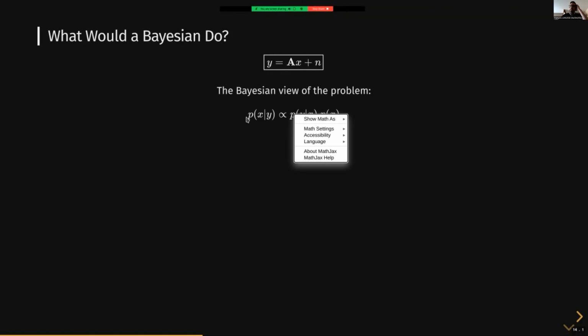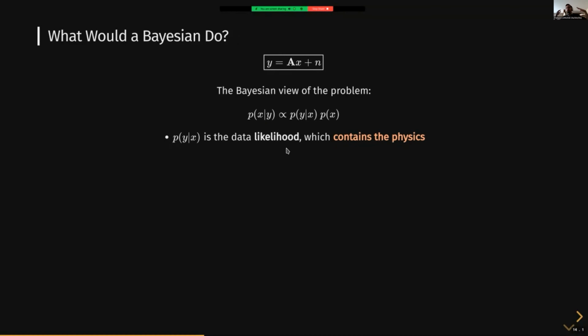The first one being the data likelihood, which gives you how likely is your observed data for a given solution x. And the point that I want to emphasize here is that typically your data likelihood is something that is known and given to you by your physics. That's where you can hard code all of your knowledge about the particular problem that you're trying to solve. And there is usually the second term here, which is the prior, and that prior is going to help you skim through all of the possible solutions and try to go towards the most likely solutions given your a priori knowledge about the problem. Okay, so if I know how to write down these 2 terms, then I can solve